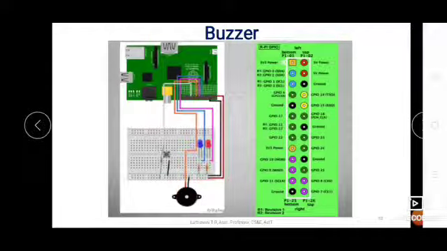One end of the buzzer is connected to pin number 22 of the Raspberry Pi, and the other end of the buzzer is connected to the ground. Pin number 22 is here, and to that pin number 22 the buzzer is connected.